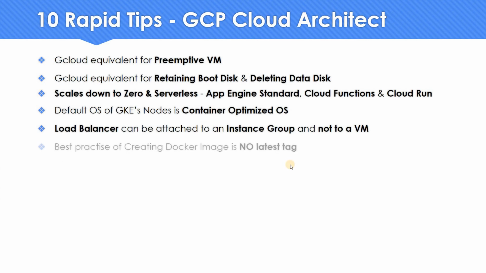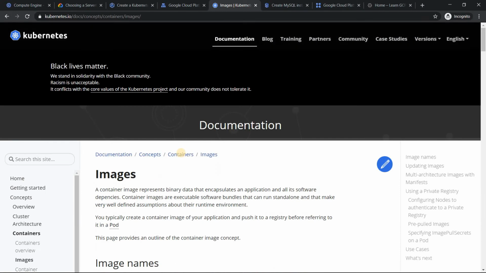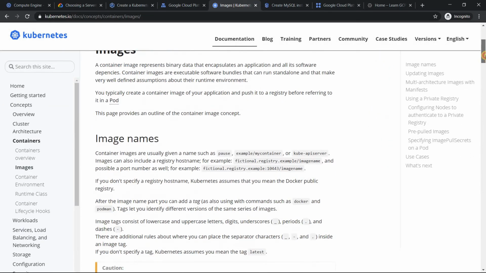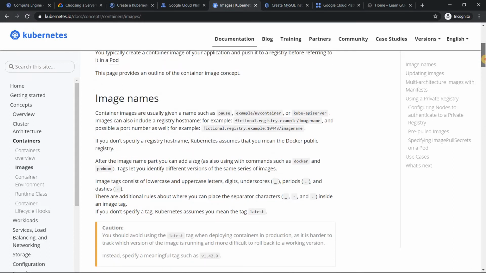Moving on to the next tip, the best practice when you're creating a Docker image. So always tag it. Don't leave it without tagging. If you don't tag it, it will take it as latest by default, and this is not at all recommended. Always tag it with a specific version. And this is not me saying this, there's official documentation which says that. The official documentation is from kubernetes.io, and this page is basically talking about the best practices of container Docker image creation,